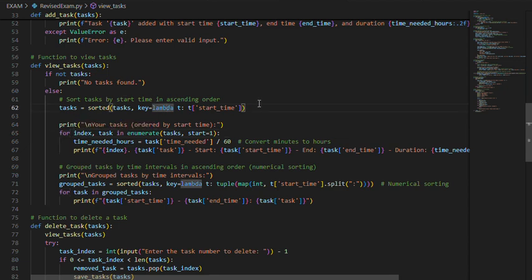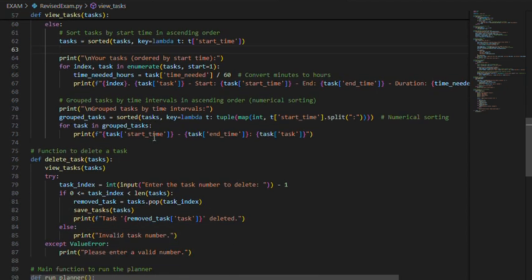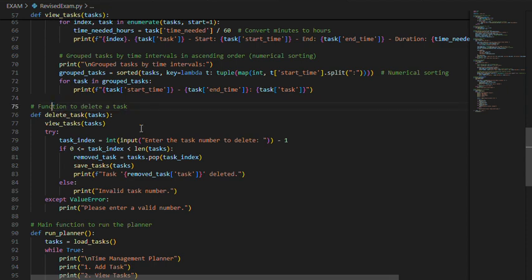For the view task, it will indicate the sorted tasks in ascending order based on time. Then next is the function to delete a task. In the function to delete a task, we also use the if else. Basically, the function to delete a task deletes the task you want to.